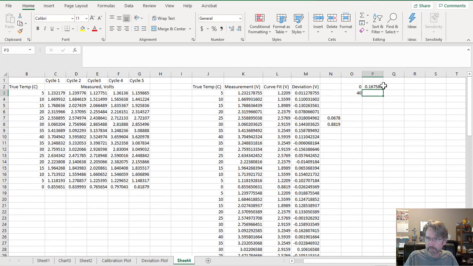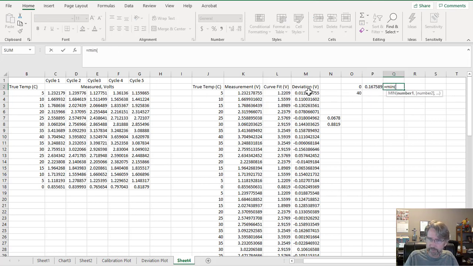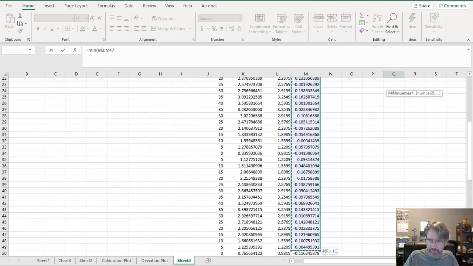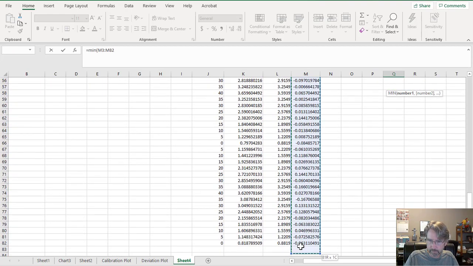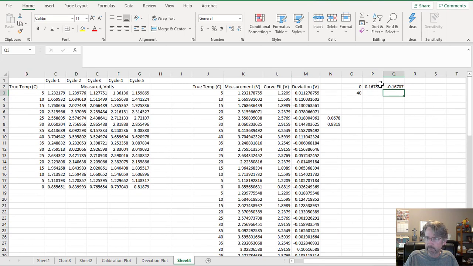So there's my max, and then I can do the minimum equals min, open parentheses, and grab all of this, close parentheses. So I've got I want to graph this point and I want to do it again, so I'm just going to do equals the one above, and I can perpetuate that across. So I've got x values and the y values are the same, x values and the y values. So now I go back to my plot here,